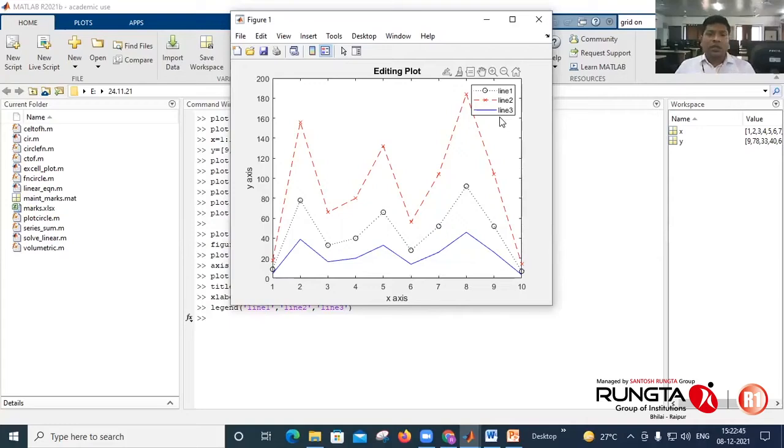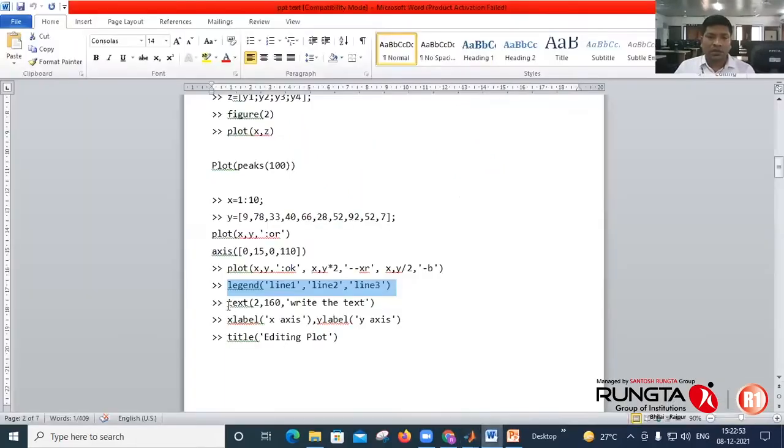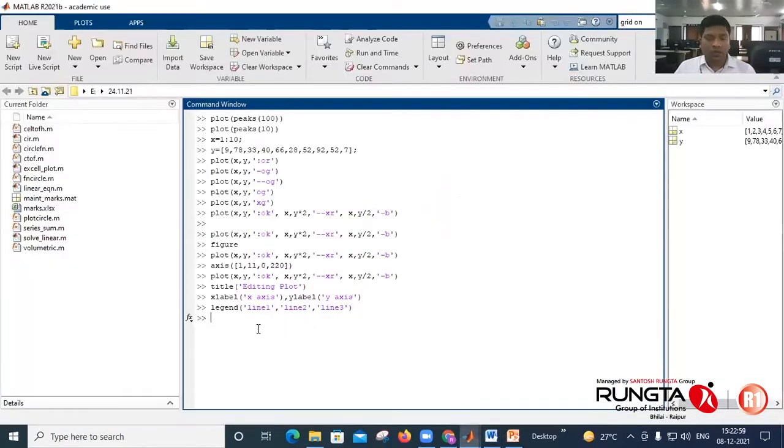Again, if you want to add any text in your plot, then the command is text. While adding the text, you have to specify the location of the text. So your text, in bracket 2 and 160, they represent the position of the text.